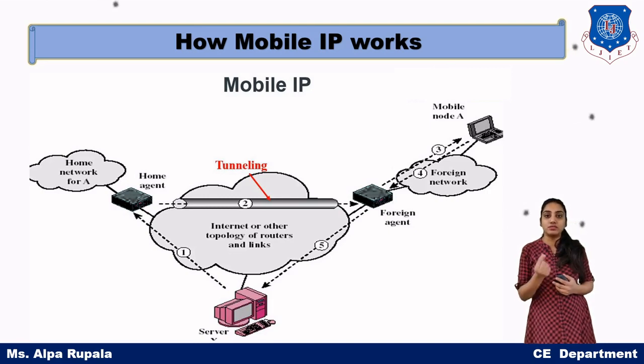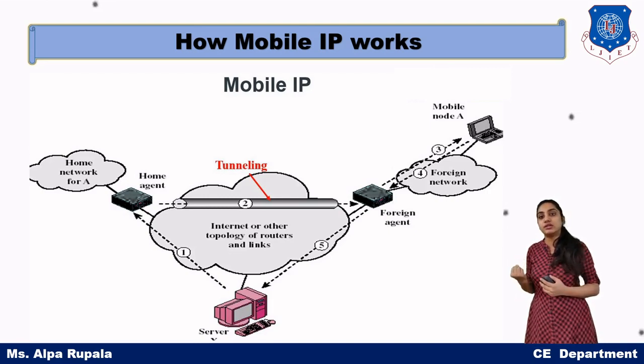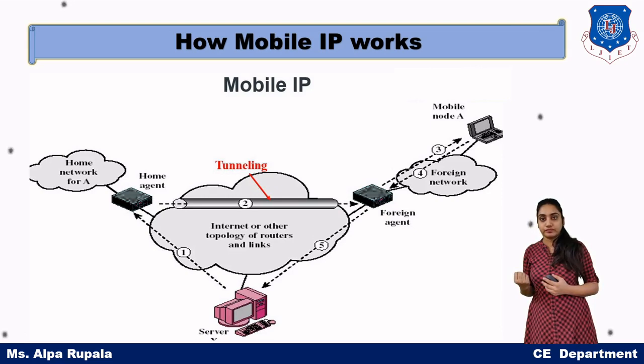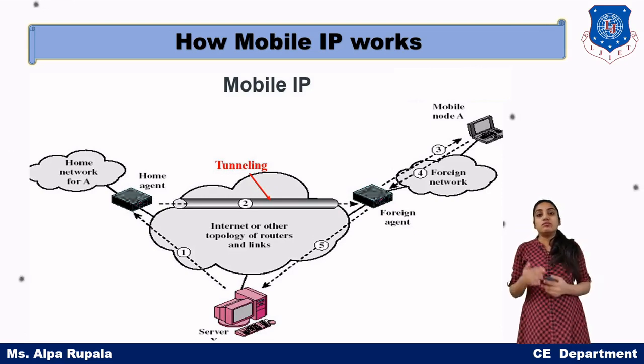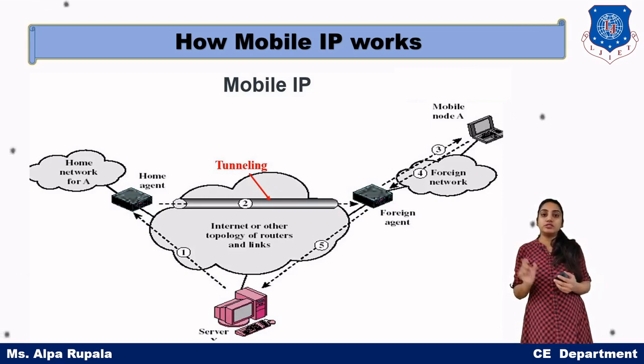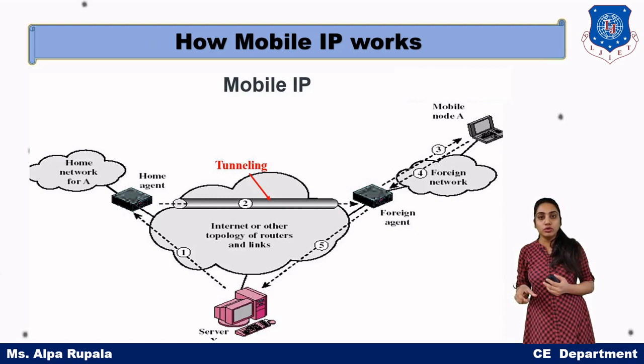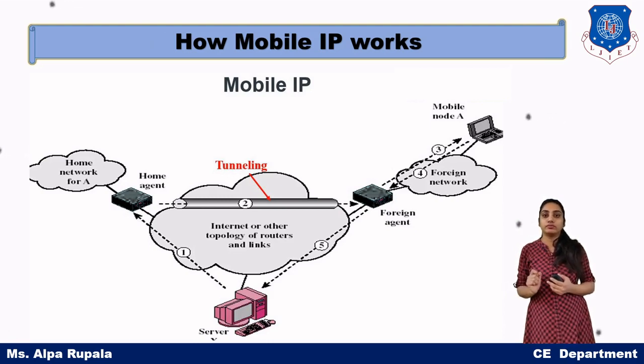Each and every device will send its IP address to the router. By that IP address prefix, the router will identify whether this particular node is a home node or a foreign node. If it is a home node, then it is okay, but if it is a foreign node,